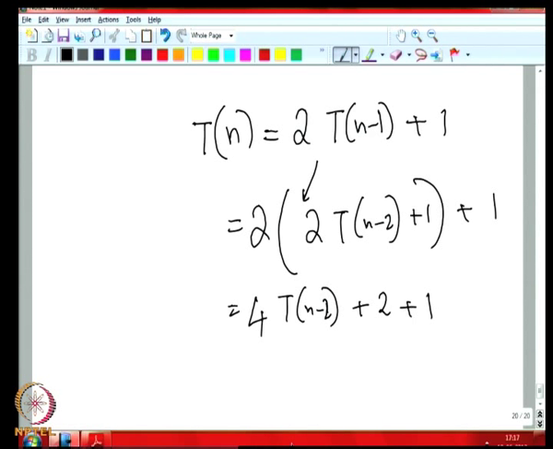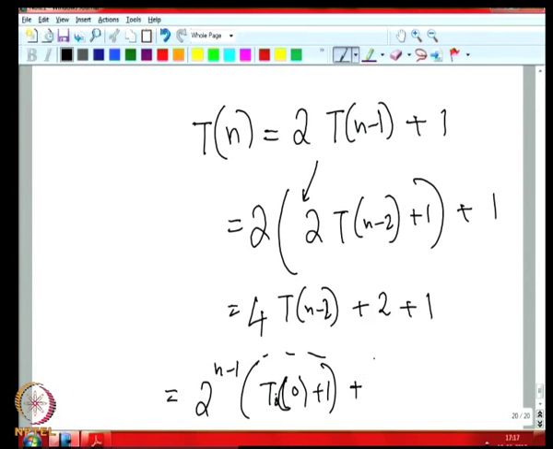So, this unrolling will finally lead to 2 to the power n minus 1 into T of 0